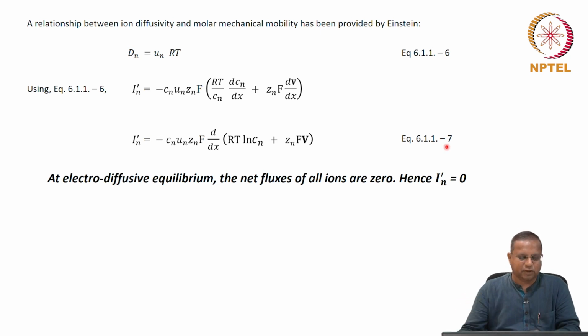At electrodiffusive equilibrium, the electric field balances the diffusive concentration gradient. What does equilibrium mean? That movement in one direction equals the movement in the other direction. It's always a dynamic equilibrium. Therefore, there's a movement in one direction, and there's a movement in the other direction. We don't deny that at all. The only thing is that the rates are matched. That's what equilibrium is. The net fluxes of all ions are zero. That's the concept of electrodiffusive equilibrium. Therefore, this net ion flux In' has to be equal to zero. So note this. This is the way we are going to represent electrodiffusive equilibrium.